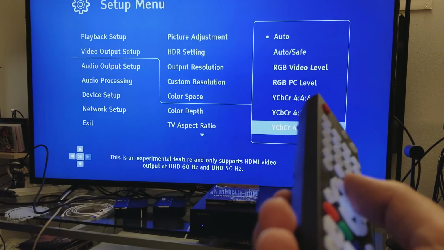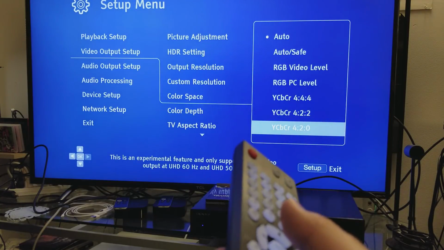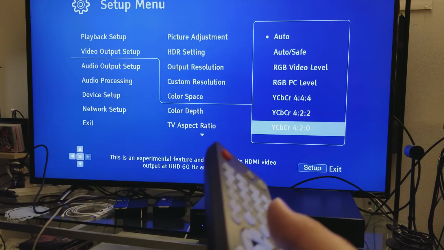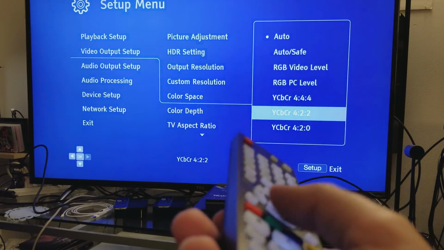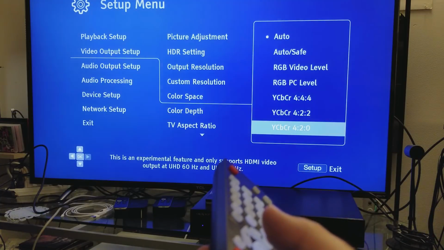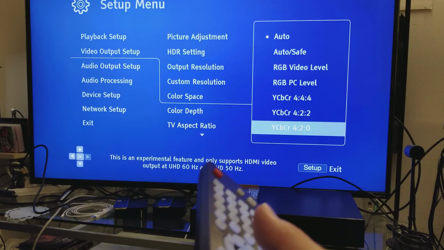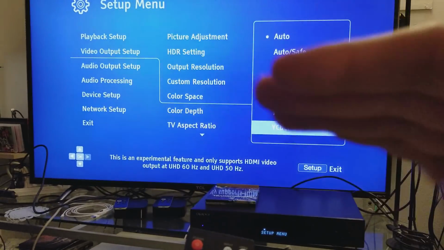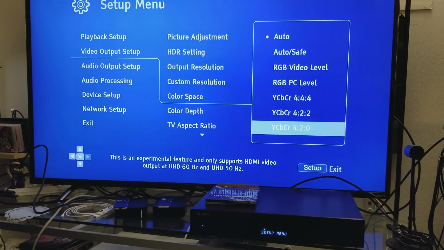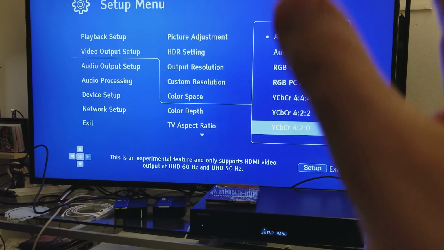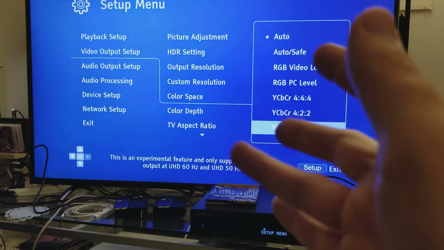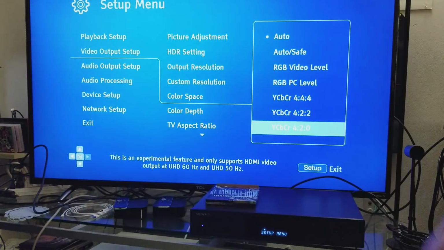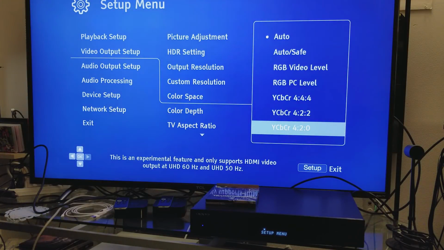For example, people are always asking me, what is the difference between YCbCr 420 and YCbCr 422? Well, the major difference is that 420 is sampling horizontally and vertically. So HDMI is sending a signal to the television, and it's oversampling it vertically and horizontally, and giving you that